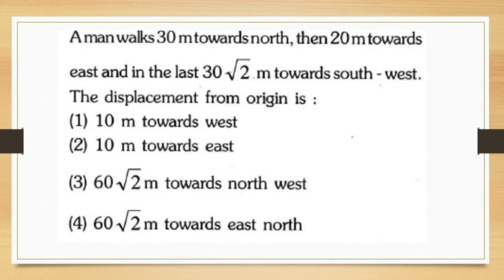The question is: a man walks 30 meter towards north, then 20 meter towards east, and in the last 30 square root 2 meter towards southwest. The displacement from origin is: option 1, 10 meter towards west; option 2, 10 meter towards east; option 3, 60 root 2 meter towards north; option 4, 60 root 2 meter towards east north. Well,